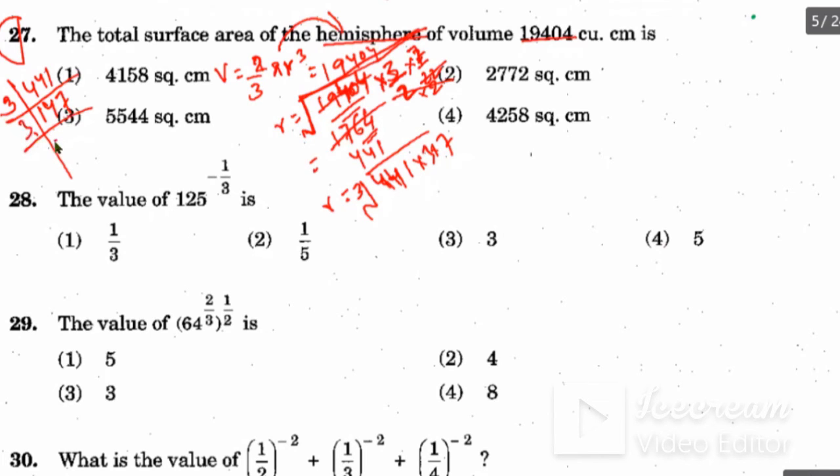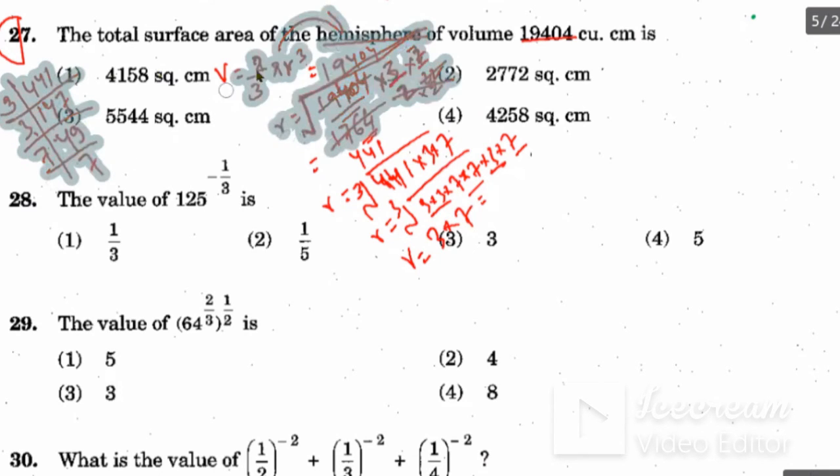Again, it is divisible by 3. 3 4s are 12 and 3 9s are 27. Again, it is divisible by 7. 7 7s are 49. Okay. So now you can write it here. R is equal to cube root of 3 into 3 into 7 into 7 into 3 into 7. So 3 times 3 and 3 times 7. So you can have 3 into 7 as R. So R is 21. So here you got the R.